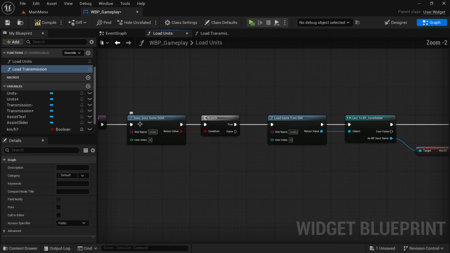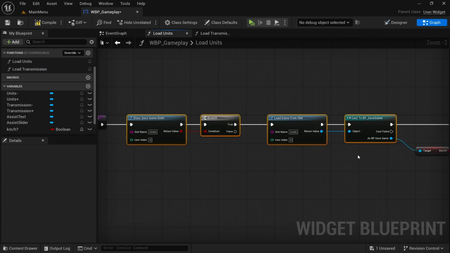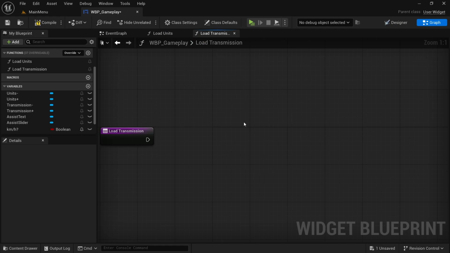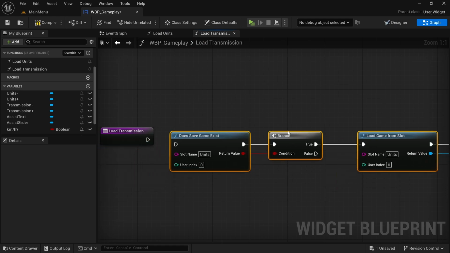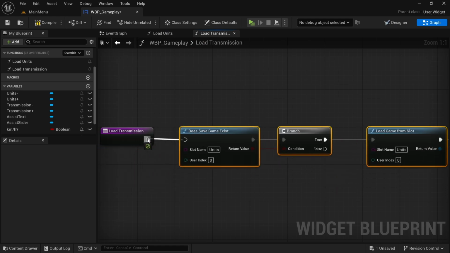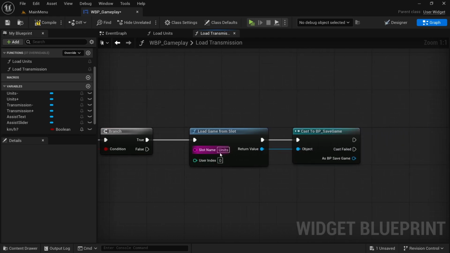units, copy the does save game exist branch, load game, and then cast to, Control C, head back to the load transmission, Control V, and then connect the execution pin, change the slot name to transmission, do the same by the load game,